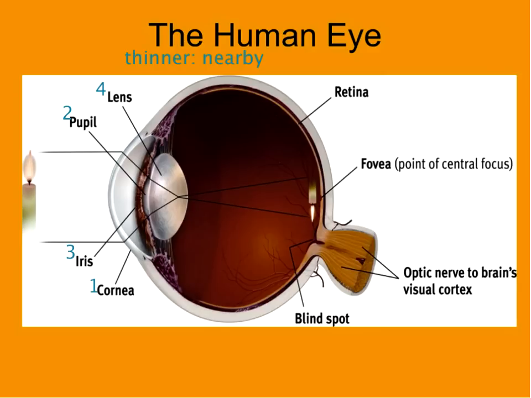So thinner for things that are nearby, and it becomes thicker to focus on things that are far away. Okay. With age, the lens becomes thicker, and most importantly, it becomes less flexible, causing changes in vision for folks as they get older. The most common of which is with respect to looking at nearby things,